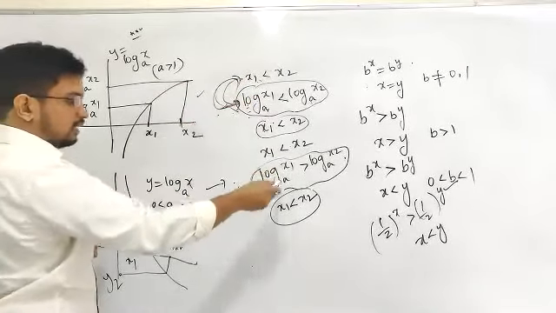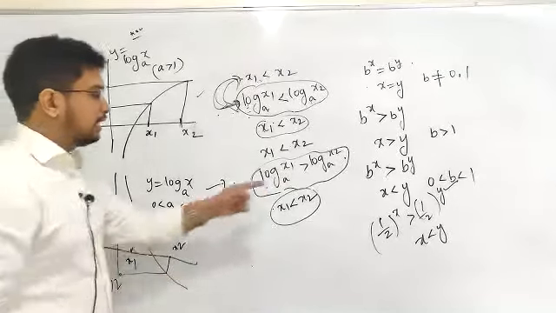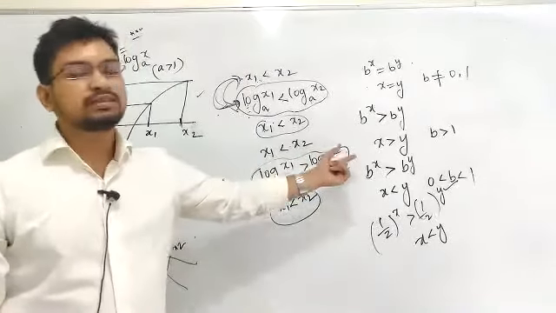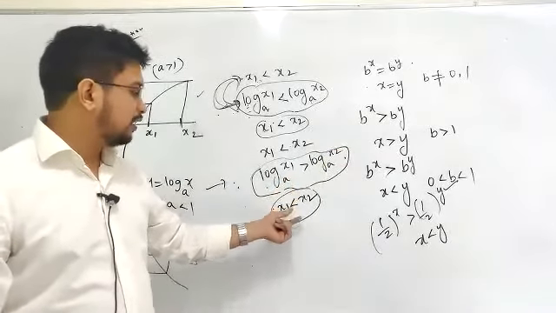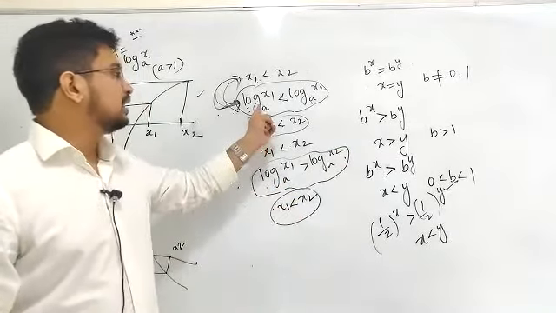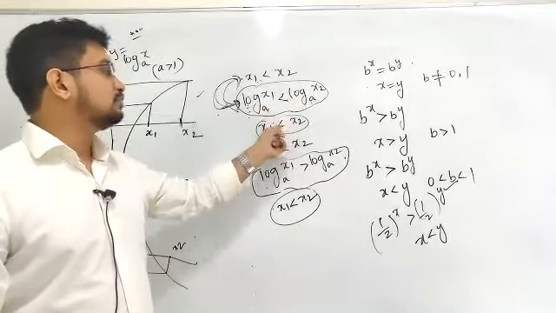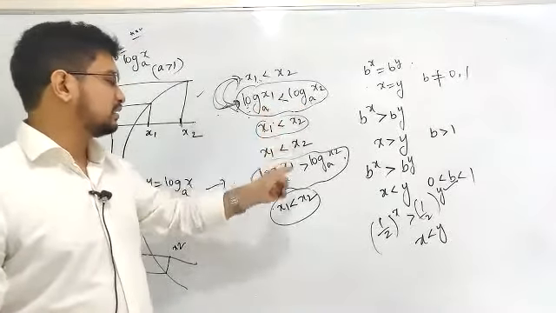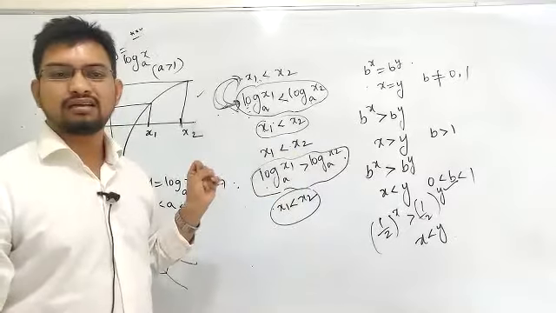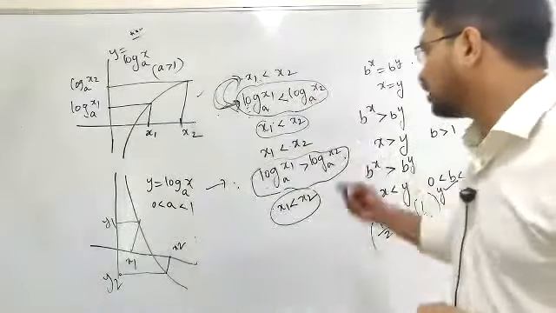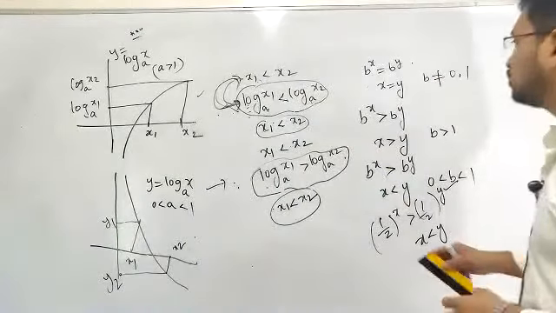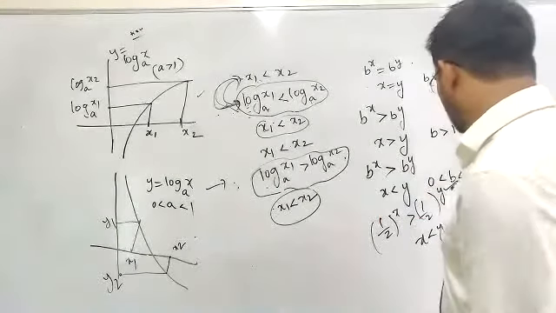Similarly, when I am getting this one, I am writing something like this. When the bases are the same and we compare the arguments, if the base is lying between 0 and 1, you have to reverse it. If the base is greater than 1, the sign stays the same: where there is less than here, you write less than there, and where there is greater than here, you write greater than there. That is what you need to write here, right? So that's the case. These are two very important statements. So please keep on writing that. I can say the statement here.